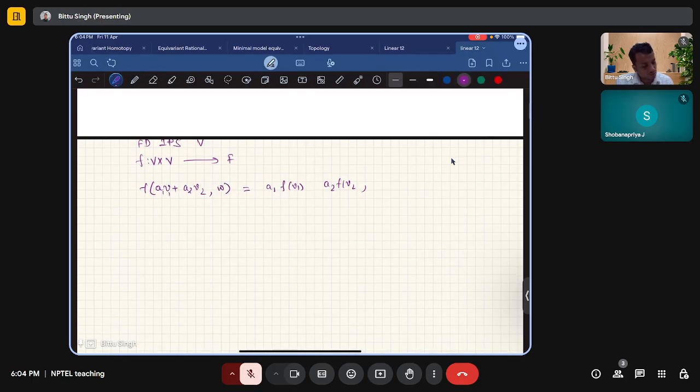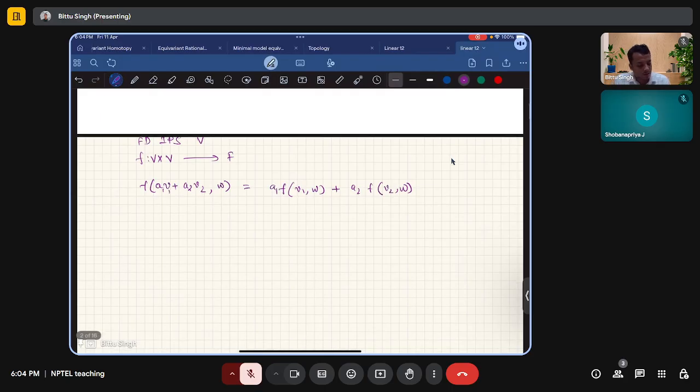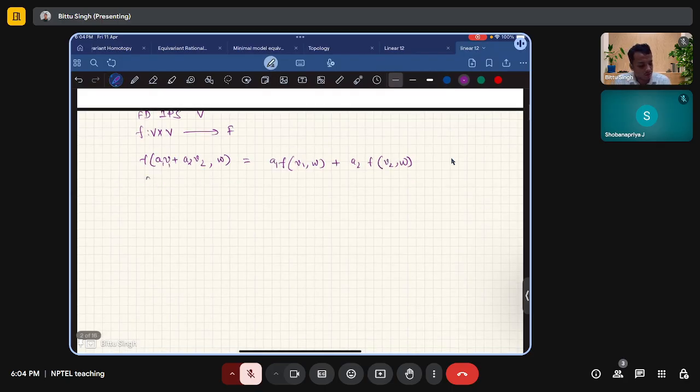Sorry, this comma w. It is f of a1 times f(v1, w) plus a2 times f(v2, w). So it behaves like an inner product. And similarly,